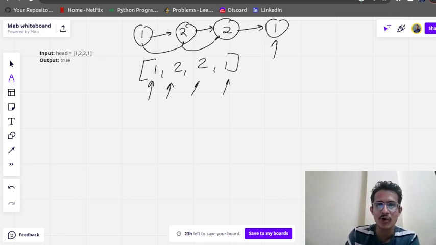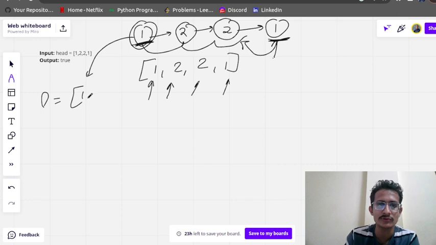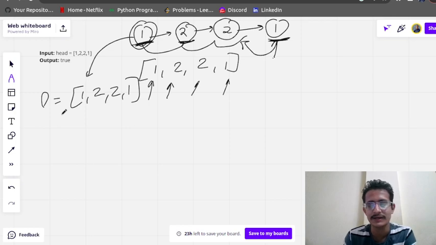You need to traverse all the elements, and once you reach the ending element, you can reach it with the help of pointers, but it will be a difficult approach. Okay, we are going to see that also, how we are going to reach that. But the basic approach that comes to my mind is, first of all I will start from here, and there will be a new list, and as soon as I traverse, I will add that element to the list. Then I will come to the second element, then like this I am going to add all the elements, and then in a list it is very easy to check whether the list is palindrome or not.